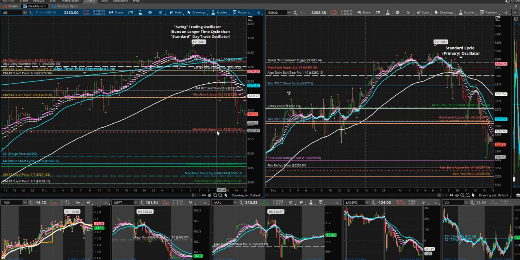Now, these pivots are fixed points, so it doesn't matter what cycle chart you're looking at. The pivots don't change. So this Mercury band upper extension number 23269, it's the same over here. But these pivots, we call these profit capture pivots because it takes the guesswork out of trading. These are areas where price will, all throughout the day, stop right to the tick at these levels. And some of these, the second time they're touched, they act as not support and resistance pivots, but acceleration pivots